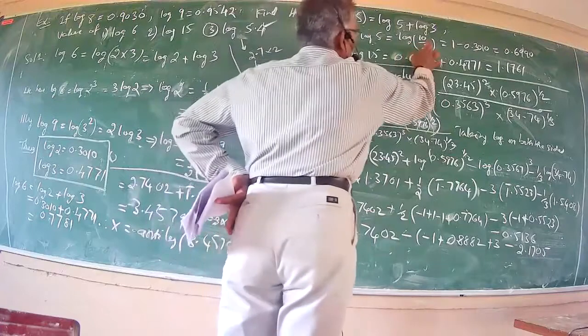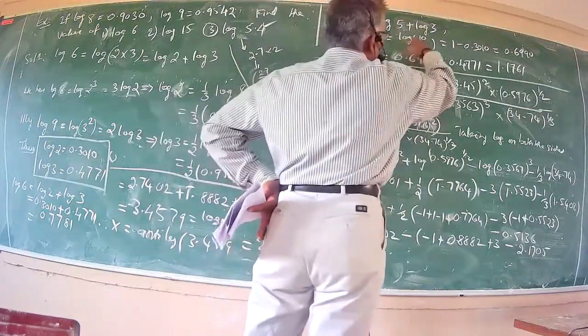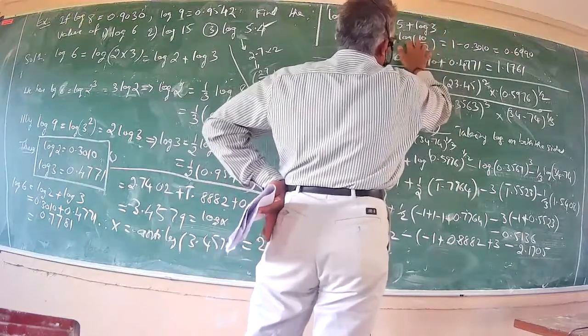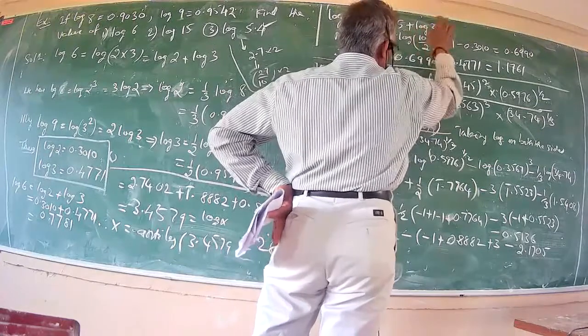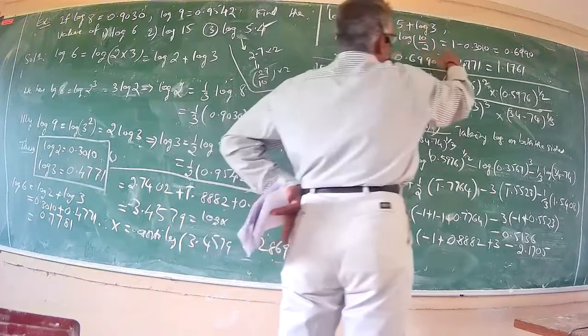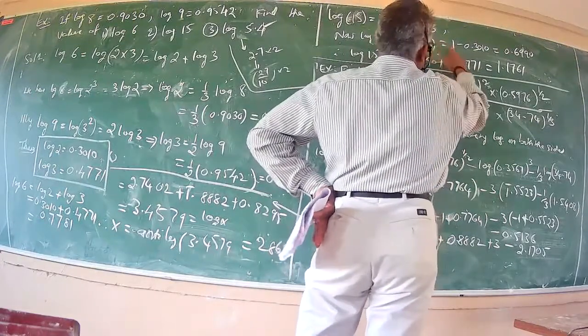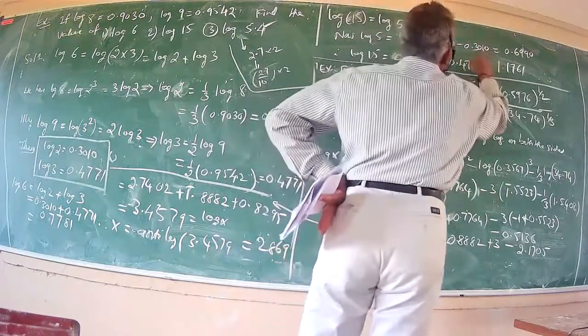So using 2 and 10, we can find the value of log of 5. That is log of 5 equal to log of 10 by 2. Applying the rule of logarithm, log of m divided by n equal to log of m minus log of n. Applying that rule, that becomes log of 10. Log of 10 is 1, already known. And minus log of 2. Log of 2 is here.